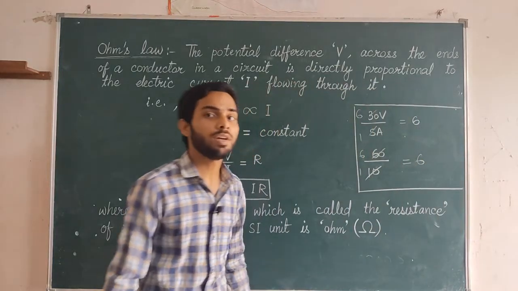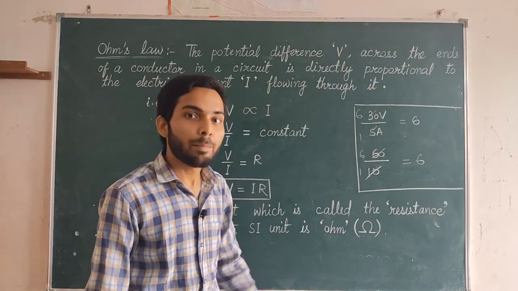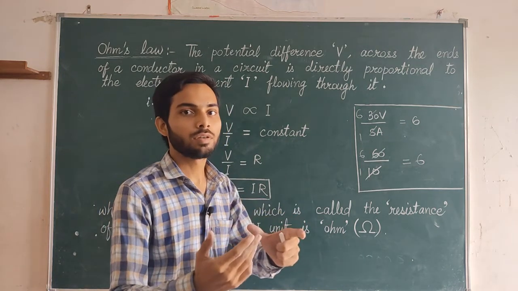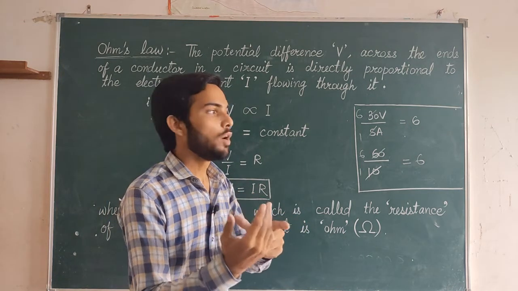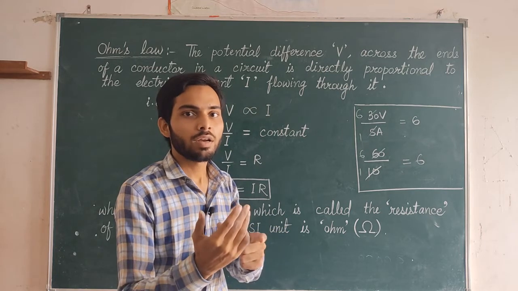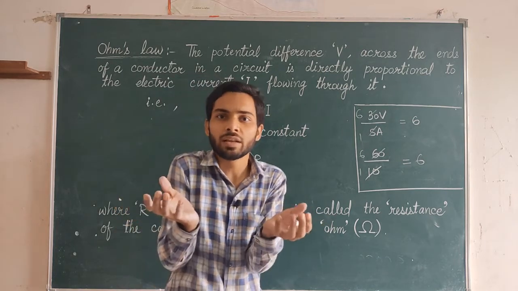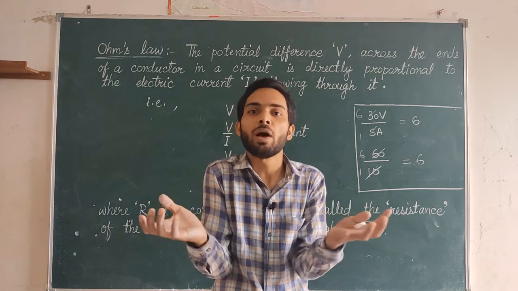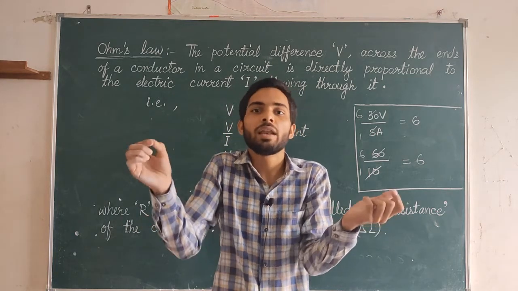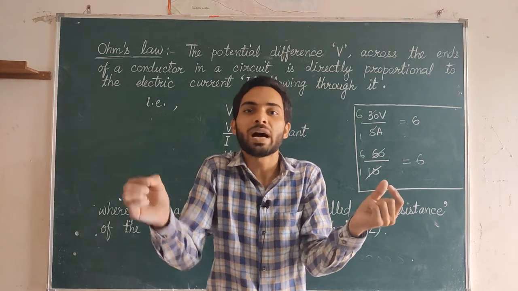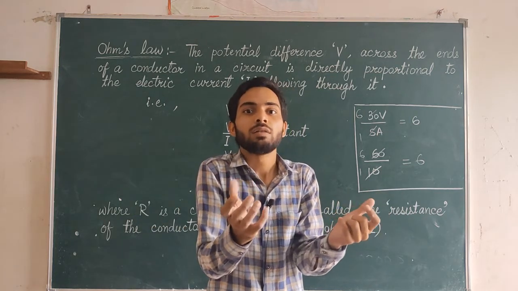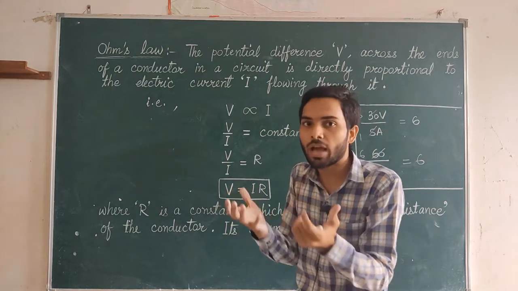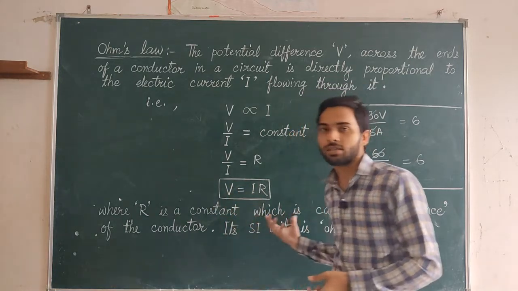My dear students, resistance is the ability of a conductor to resist the flow of charges. It opposes the flow of electric current. It does not want an electric current to pass through it. It does not want to allow an electric charge to pass through a conductor. This quality, or this behavior of a conductor, is known as resistance.